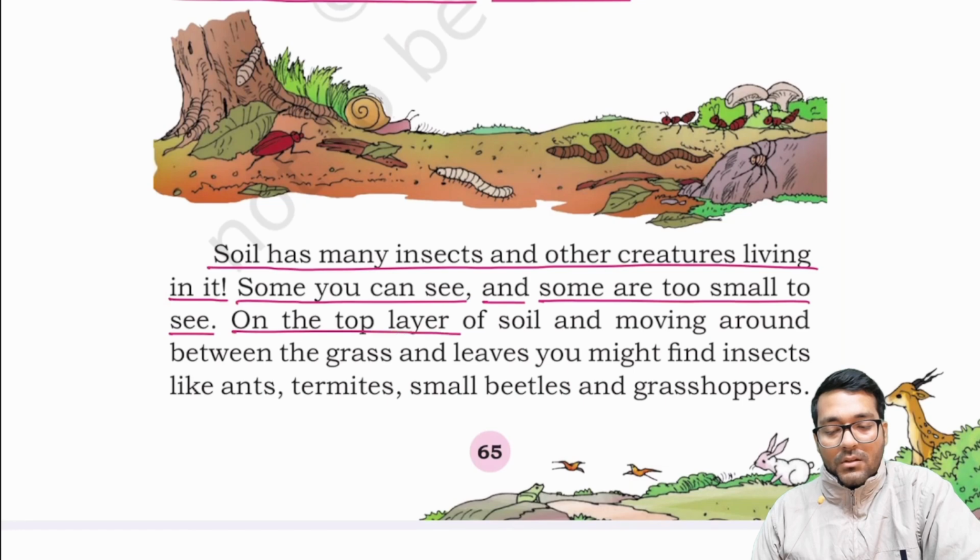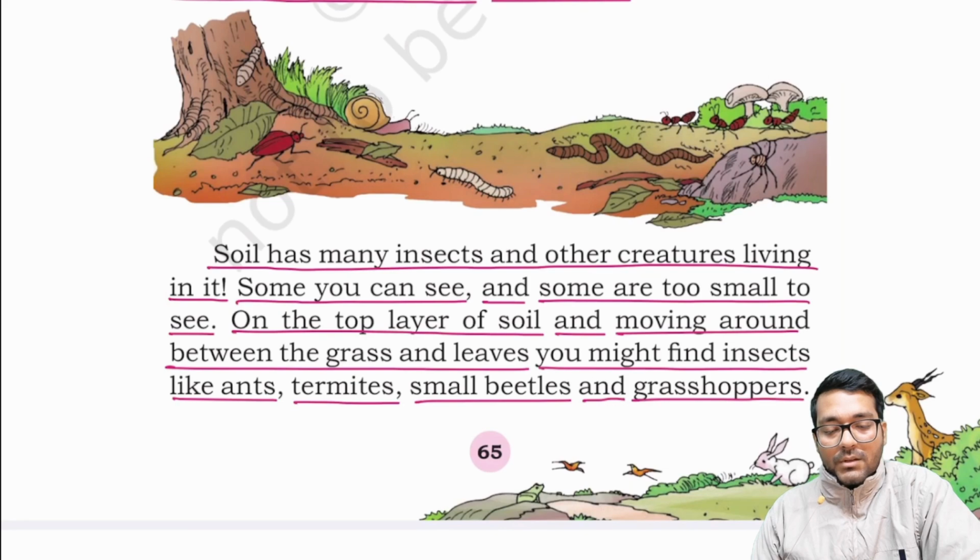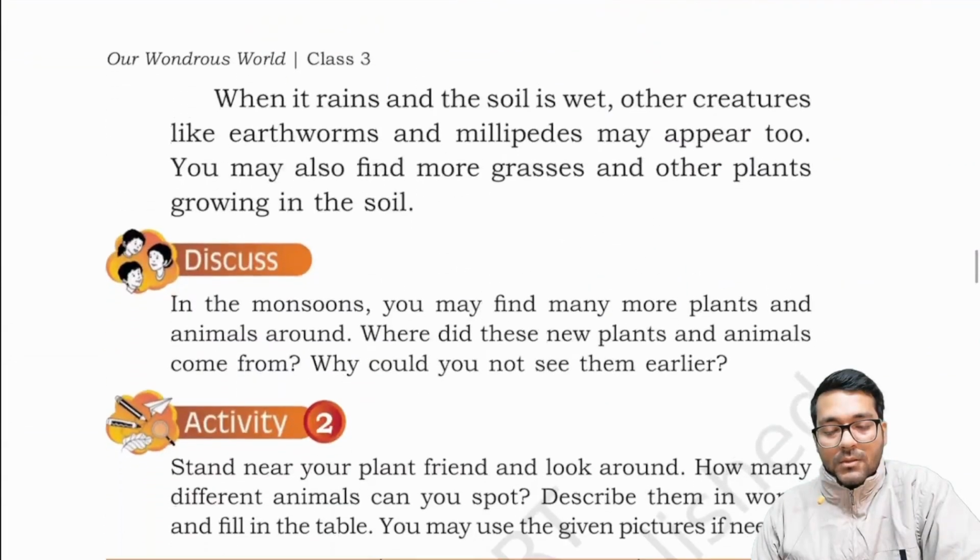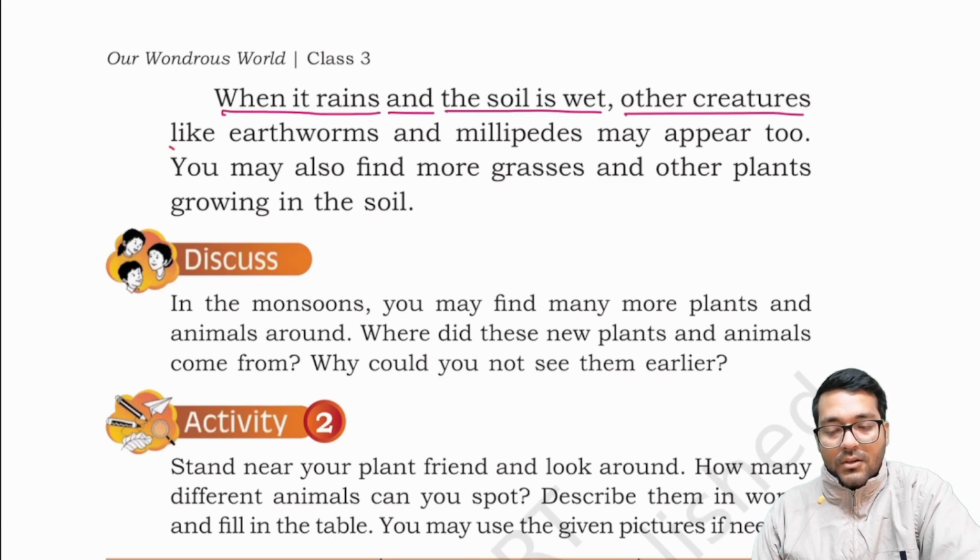On the top layer of soil and moving around between the grass and leaves, you might find insects like ants, termites, small beetles, and grasshoppers. When it rains and the soil is wet, other creatures like earthworms and millipedes may appear too.